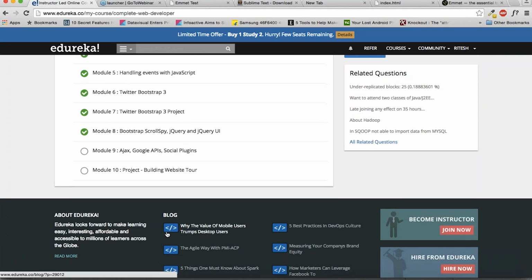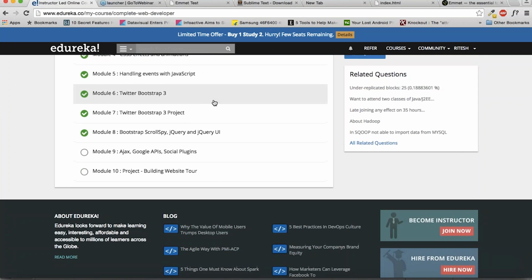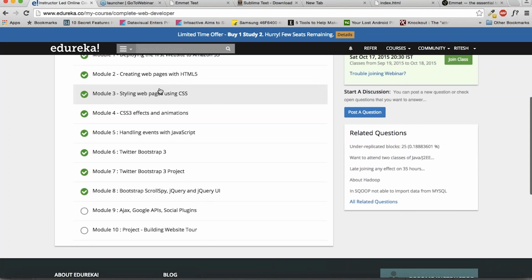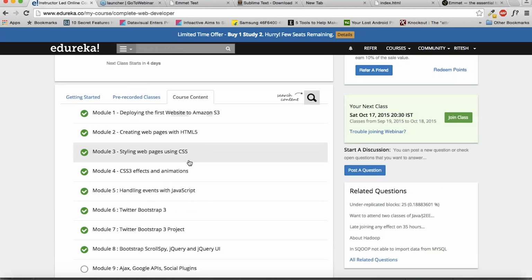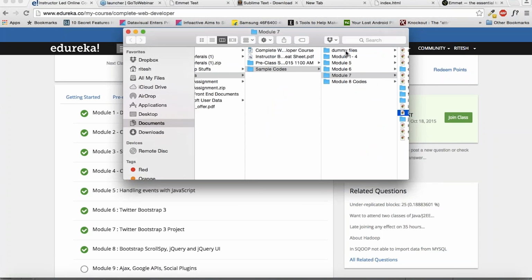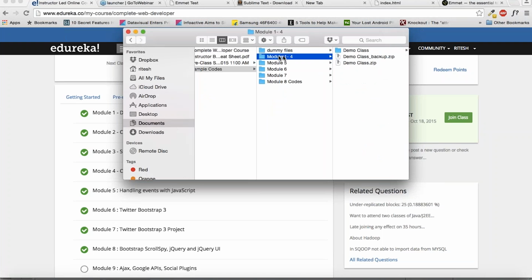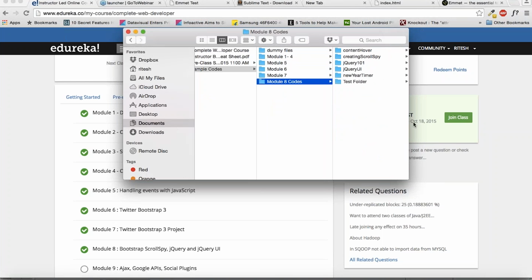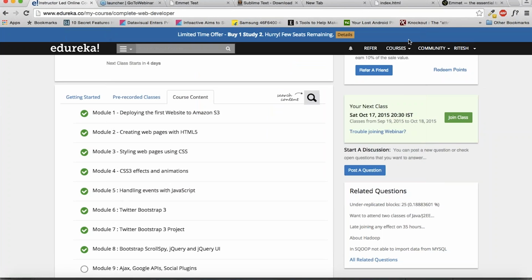So across these modules, these are completely practical based modules, and for everything you have codes. If you can see, for every module we have codes. Nothing is taught from the point of view of PPT or anything, like it is done in colleges or in any other institutes.